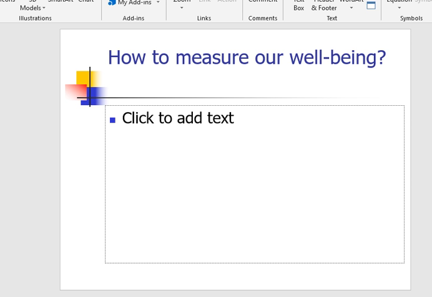What do you mean by that? What are some of the things that you observe that make you say that? In other words, what are some of the indicators that you look at when you decide that this person or this family is doing well or not doing so well? So why don't we take a minute or so to write down these indicators. Let's go.